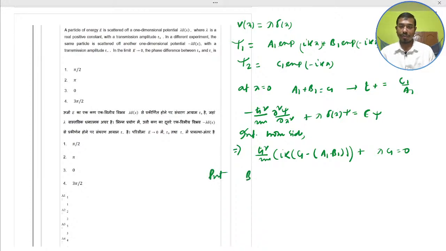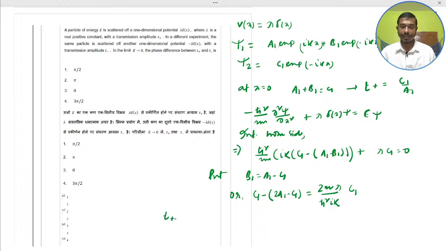Now put b1 equal to a1 minus c1. So you would get 2 times (a1 minus c1)... this is equal to twice m lambda divided by h cross square ik into c1. Okay, divide both sides by a1,